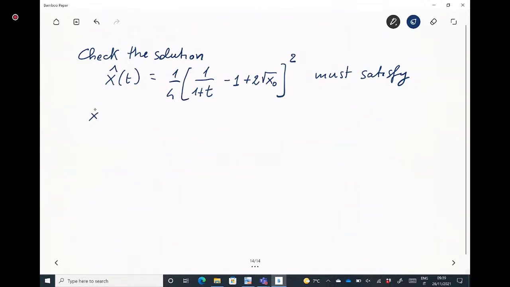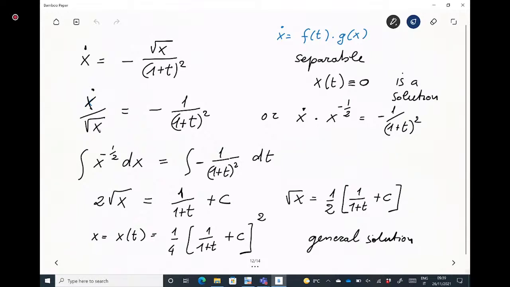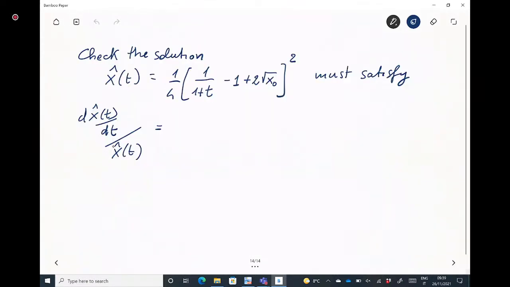So it must satisfy x dot, that is its derivative with respect to t, divided by the square root of x(t), must be equal to minus 1 over 1 plus t squared. Now, let me compute first the derivative